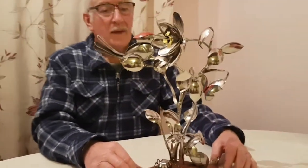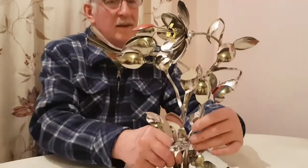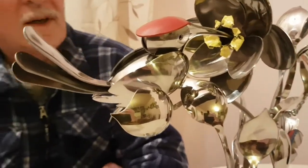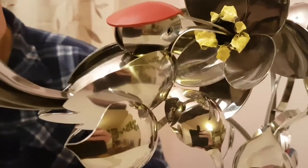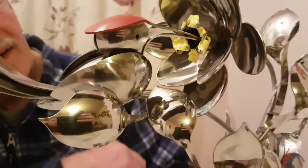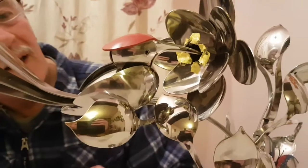So what have we got here then? Well, this is the bird taking the nectar from the flower. I just thought this time, just for a change, I've highlighted one or two parts. Just added a bit of colour to it. I've added just a little bit of colour. Yeah. Just the cap of the bird